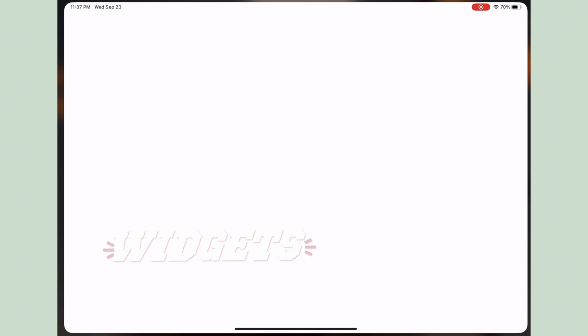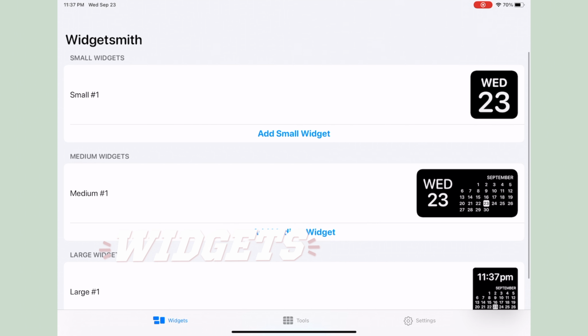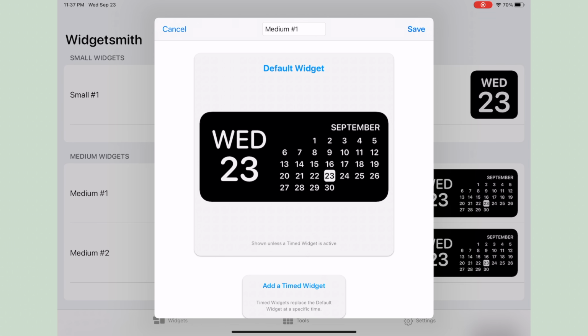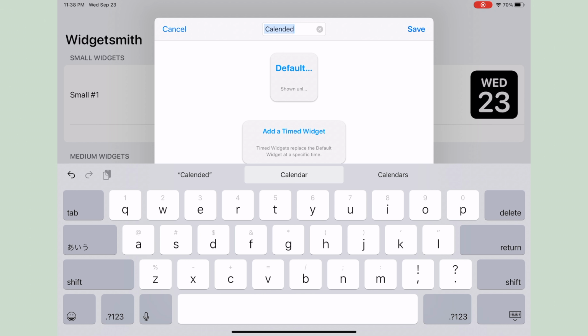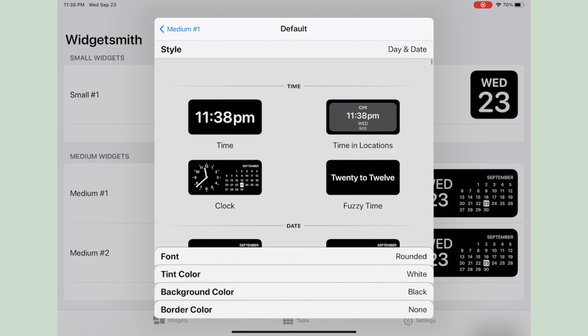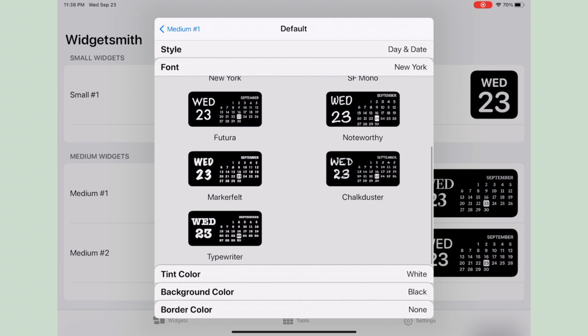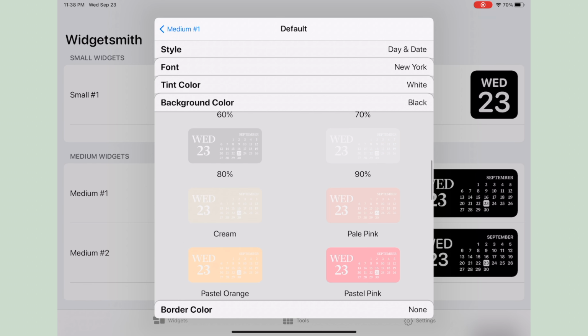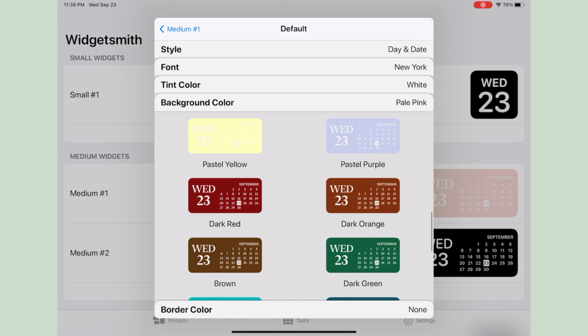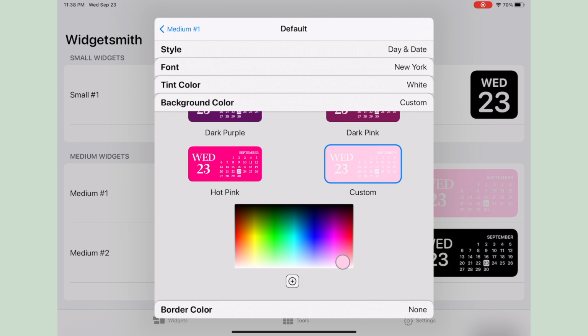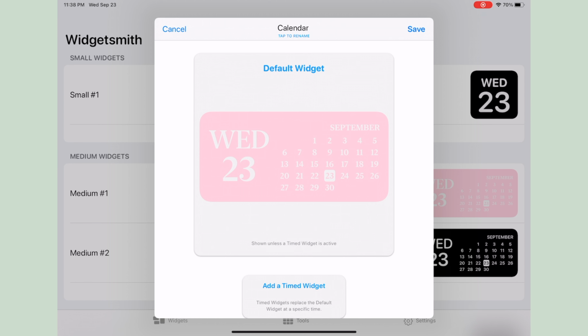Okay, so the first thing that we're going to be creating is the widgets. So right here we are actually going to be creating the calendar widget, and so I'm just changing that to a calendar. There's a lot of different options that you can choose from, but I like to have the date, and I'm changing the font to New York. And here there's actually an update which is so nice, and you can create your own custom colors. So here I wanted to have a warmer pink, not super pastel, but a little bit brighter, which is what I decided to do.